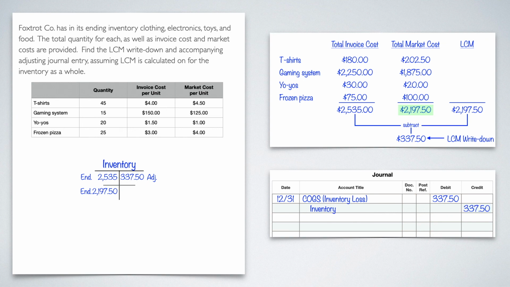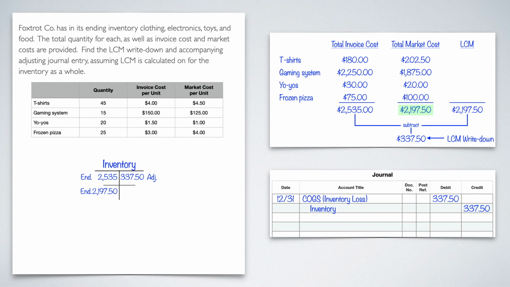Now I do want to bring this up. If you're doing it my way, taking total invoice cost minus LCM, column A minus column C, set up just like this, and your write down is ever a negative number, then you've done something wrong. Remember, the whole point is to get to the lowest. If there's a negative number, that means I did not take the lowest. So your LCM write down is either going to be 0 or a positive number. If it's 0, you are already at the lowest, so you do nothing. There is no journal entry. If it's a positive, then you need to do a write down. If it's a negative, you probably need to do it again because something went wrong.